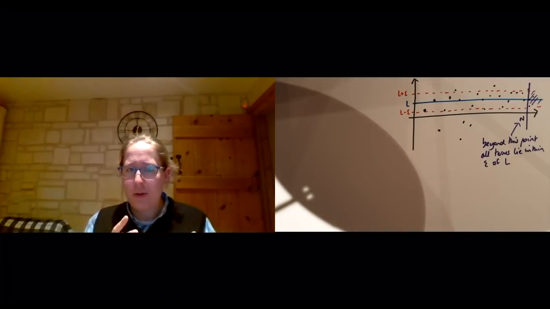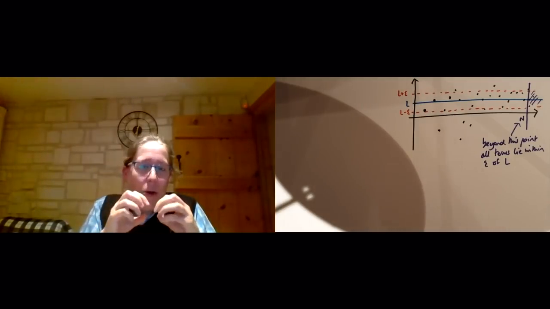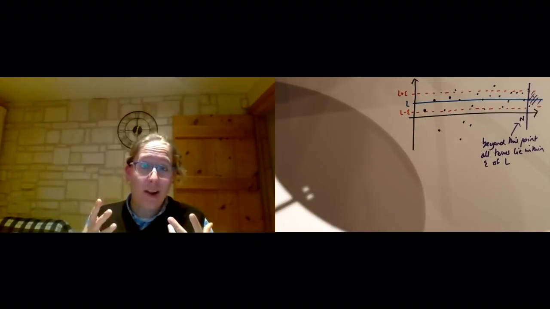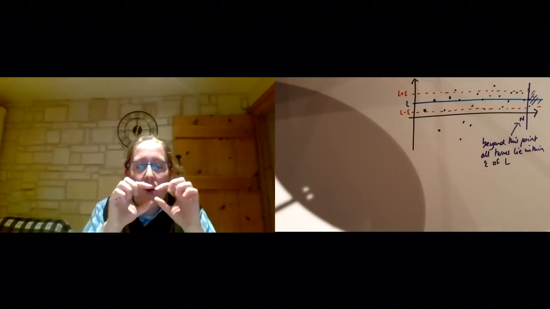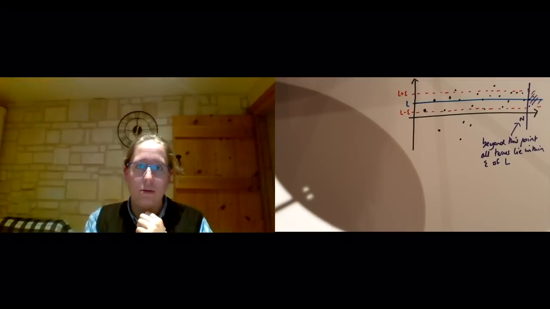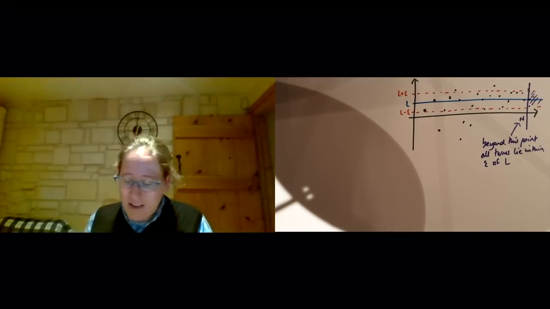Which seems plausible, hopefully, as a definition for convergence. Eventually, you can make the sequence as close as you like to the limit. We don't say that you have to equal the limit, you don't have to hit the value or anything, but you can be as close as you want, as long as you go far enough down the sequence. How do we make that precise? Let's give this a go.